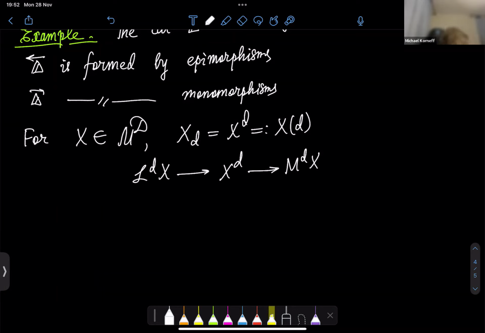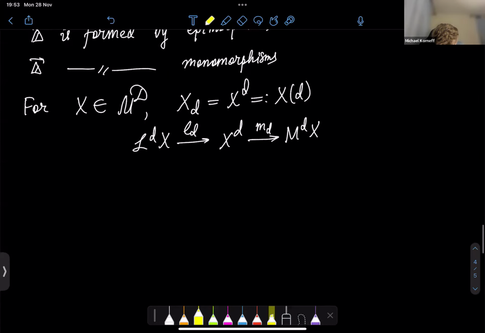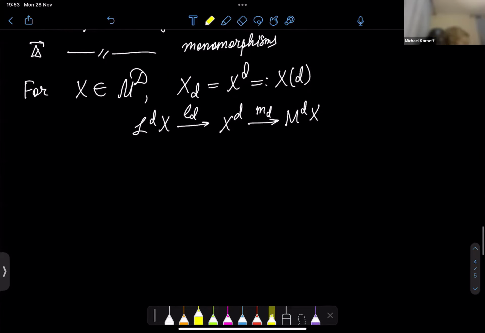The first arrow is from the latching object to X d, and the second is from X d to the matching object. And it is possible; the definition is the following: